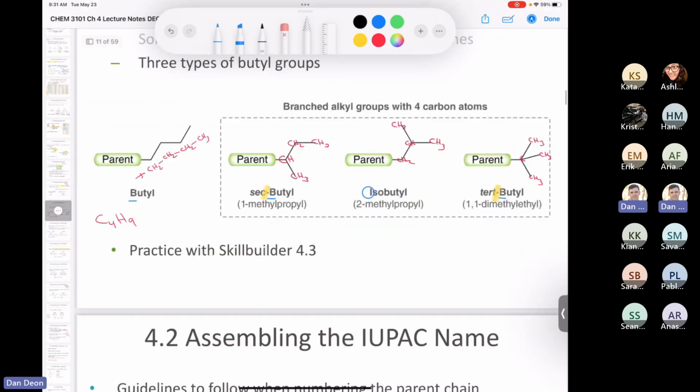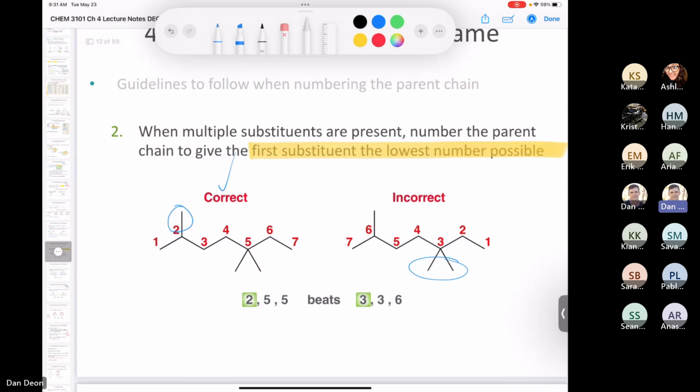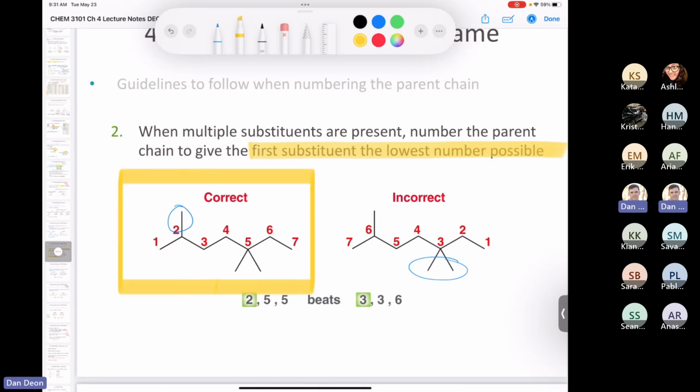What else do we have here? We've named everything else, I think. Oh, we didn't. Yeah, we named this guy. We haven't named this one. Could anybody come up with a name for this compound? I'll give you a second to think about it. See if you can come up with a name for this guy here. Does anybody just think they might have a name?